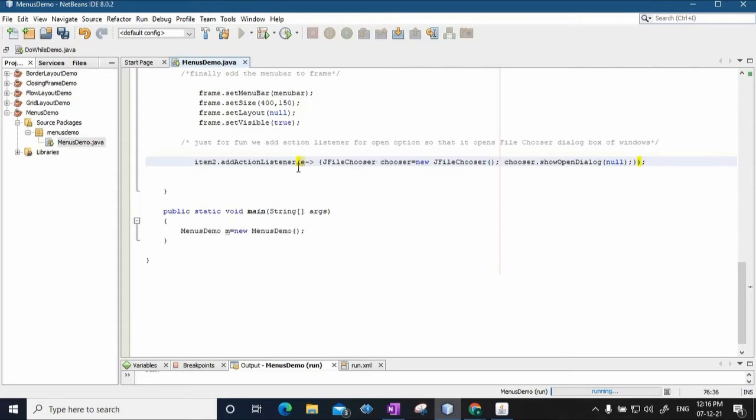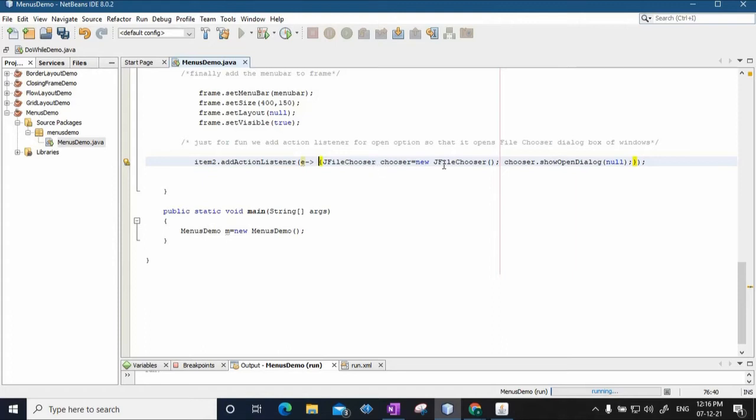So the action listener is going to execute this full code. You can see here the compound statement, it starts here and it ends here. Now what it is going to do: JFileChooser is a class which has an object that, when created, is going to open a file chooser dialog box. We will see that, right?